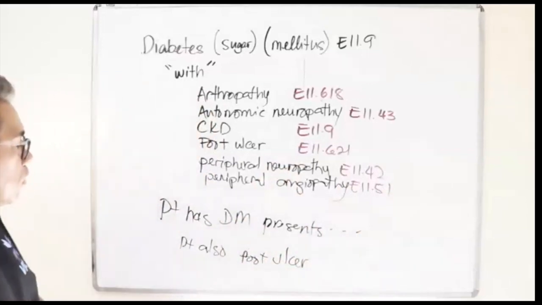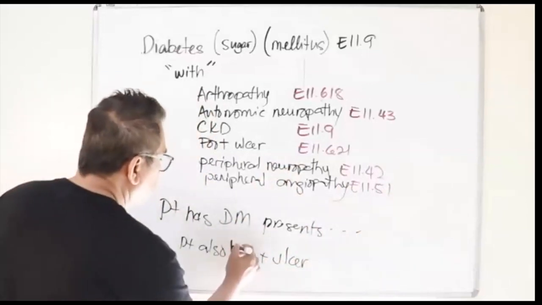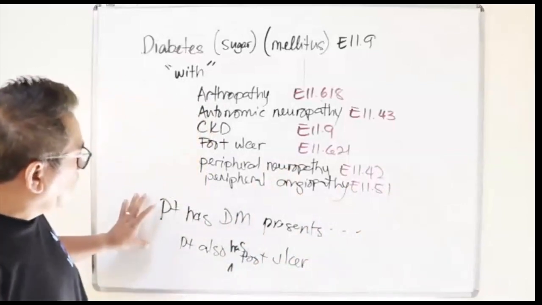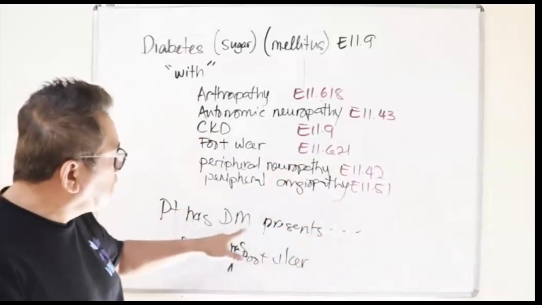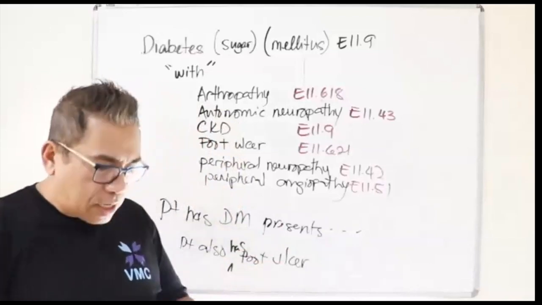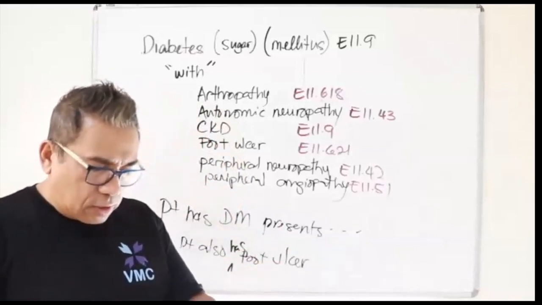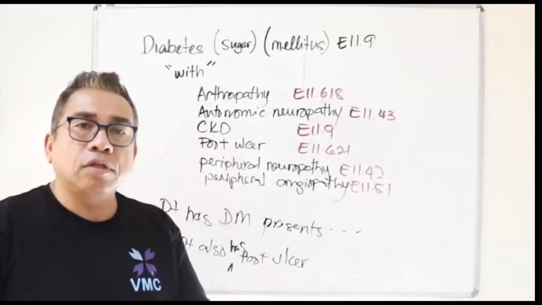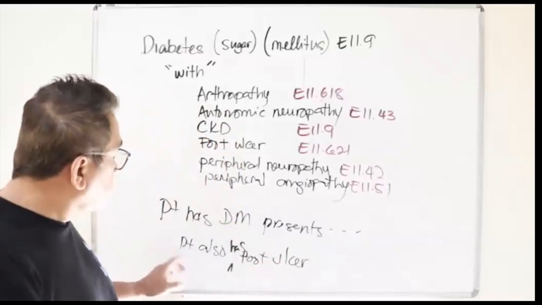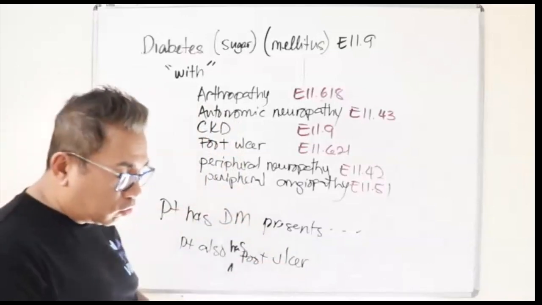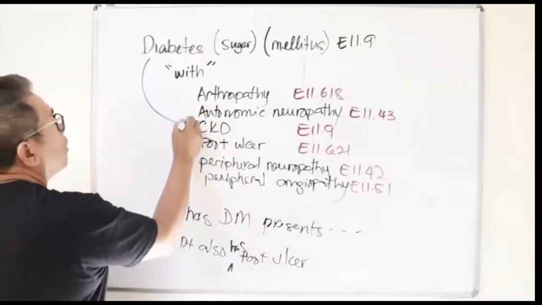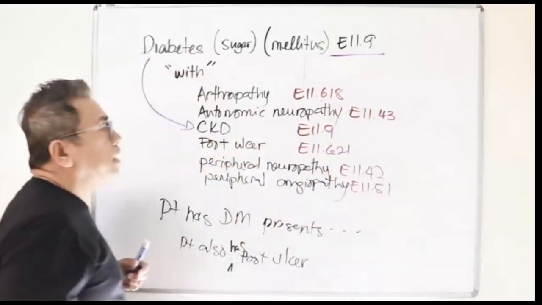Okay, patient also has foot ulcer. The whole point of these is that in the documentation, the doctor did not link diabetes to foot ulcer, but that does not prevent you from using the combination code, because it doesn't really matter whether the doctor linked it or not. You still have to connect diabetes with foot ulcer, which now gives you the code